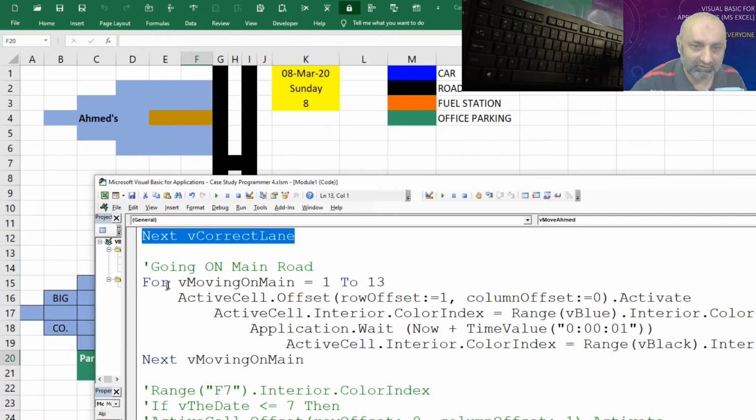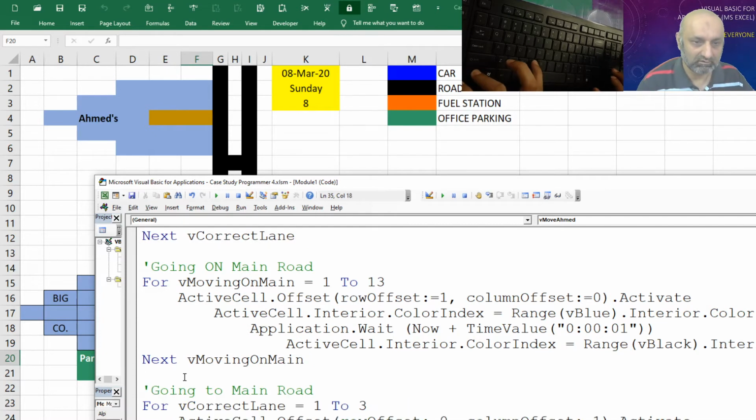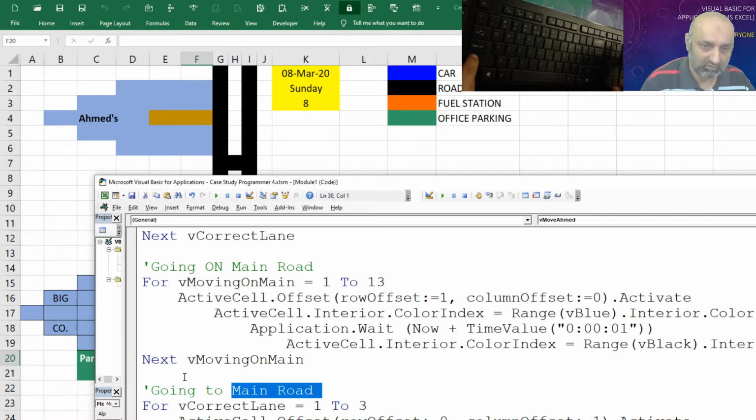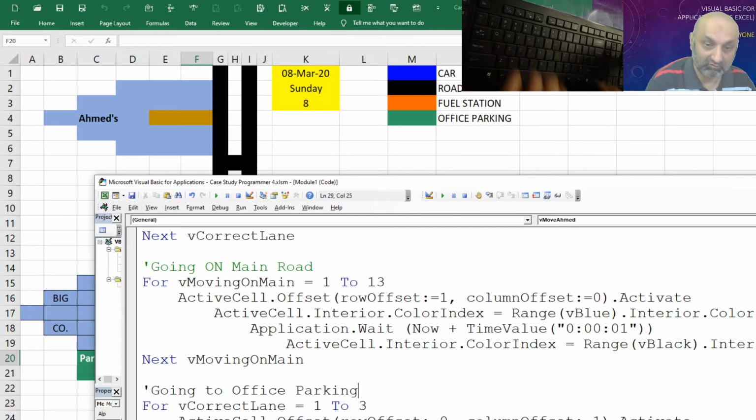And we have now here going to office parking. So comment your code again and again.